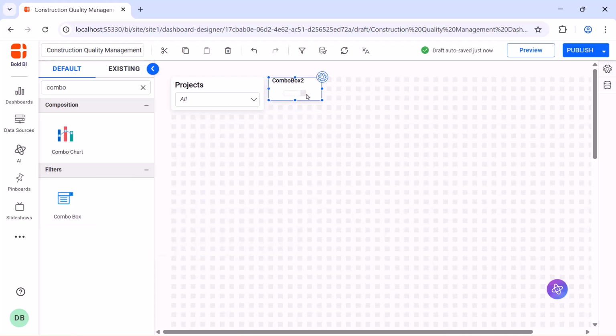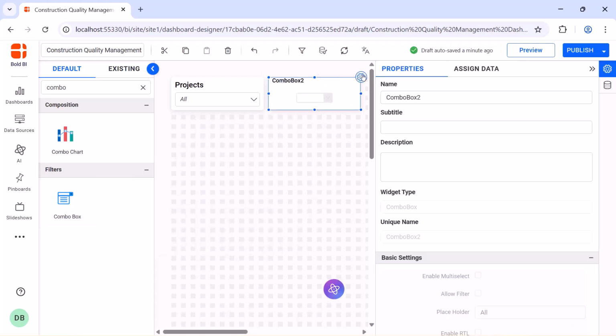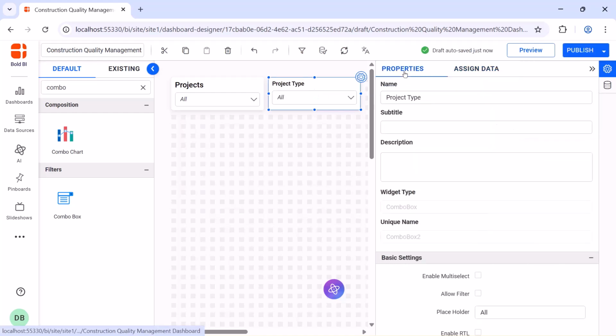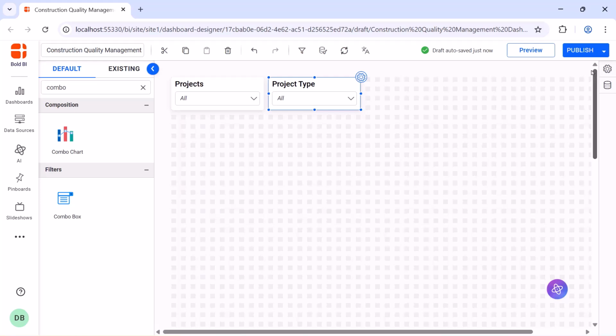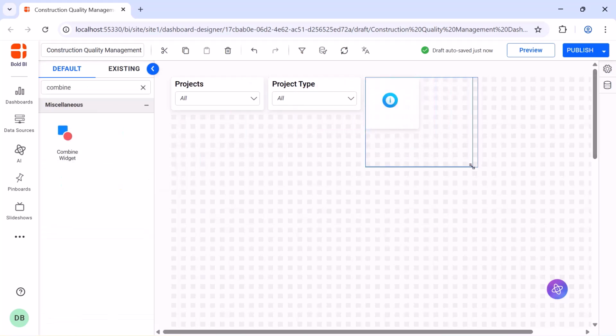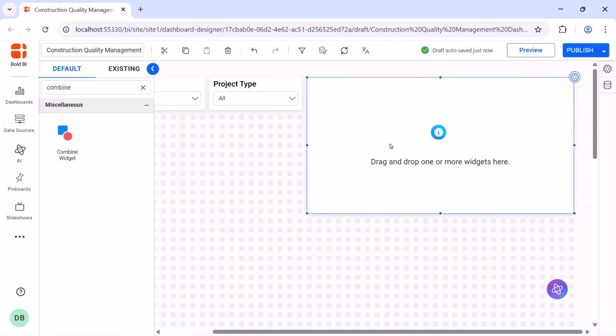Add another combo box. Name the widget Project Type and add the project type in the assigned data field. Customize its properties. Next, add a combine widget. Next, add a number card